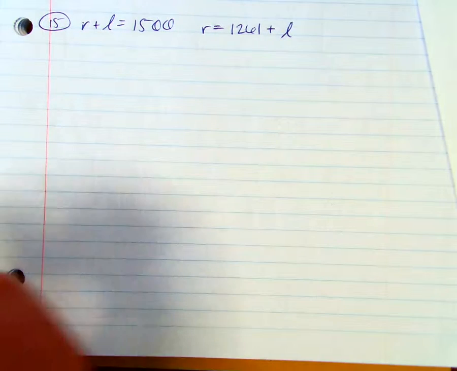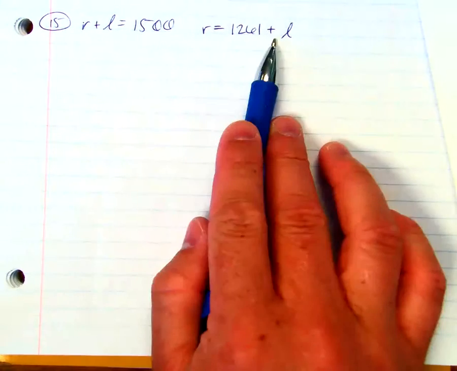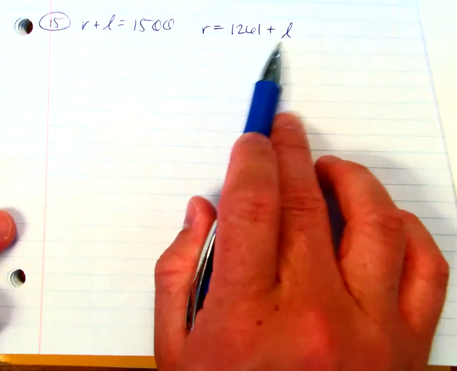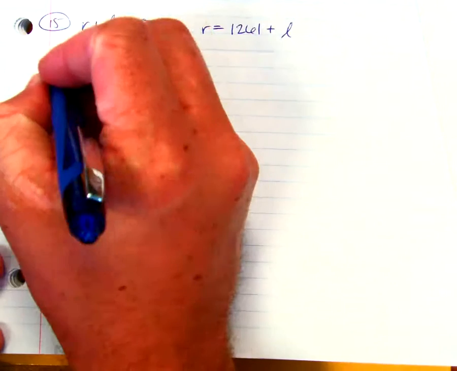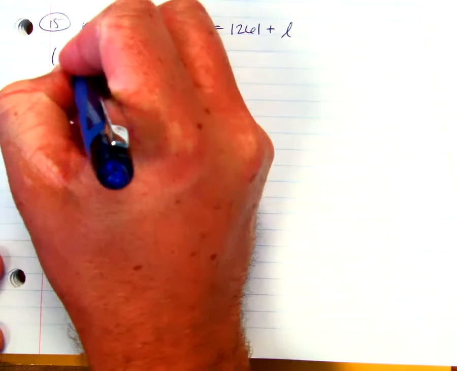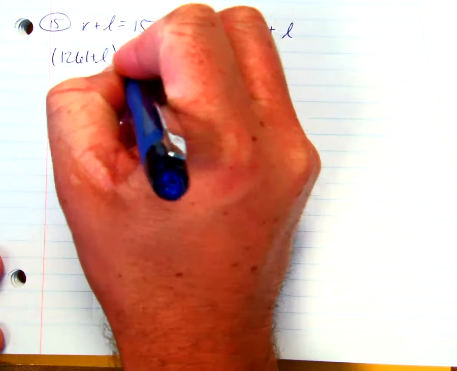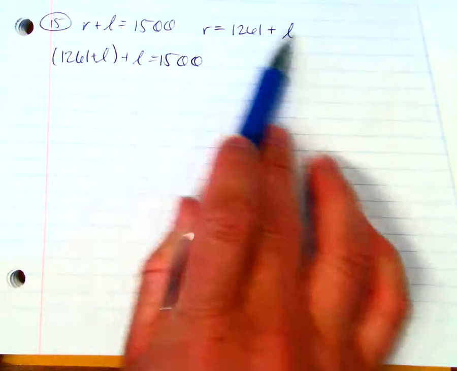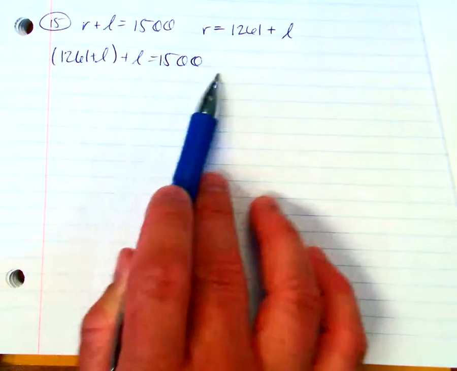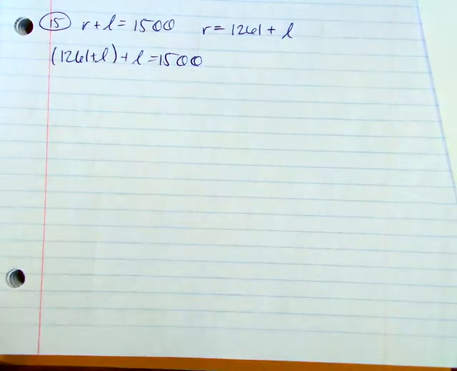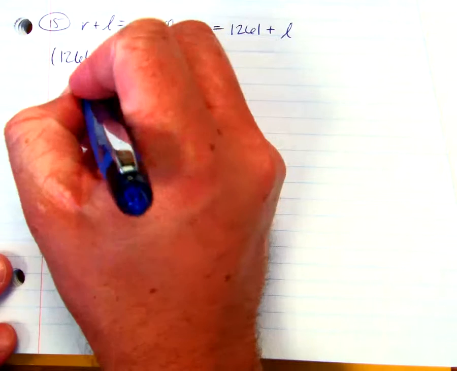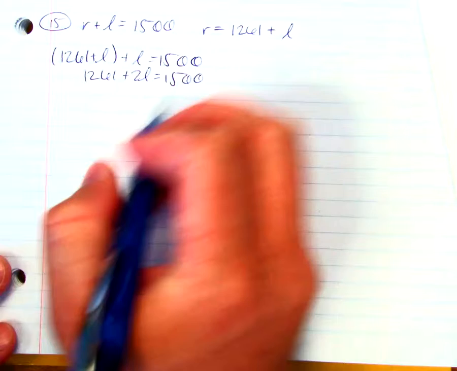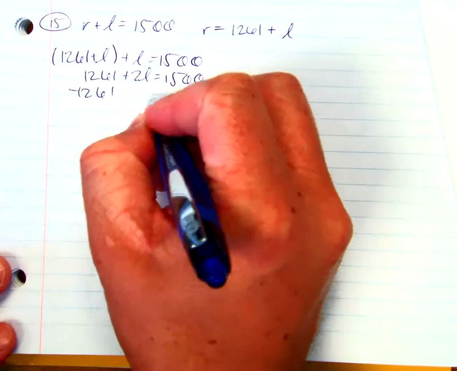I'm going to go ahead and say for this, since this one's already set up for substitution, that's what I'll use. So I'm going to plug all of this in for R. So over here, instead of R, I'm going to put 1,261 plus L equals 1,500. So I replaced R with this, and then I wrote plus L equals 1,500, the same rest of the equation. If I combine my like terms, it leaves me with 1,261 plus 2L equals 1,500. So I subtract the 1,261,